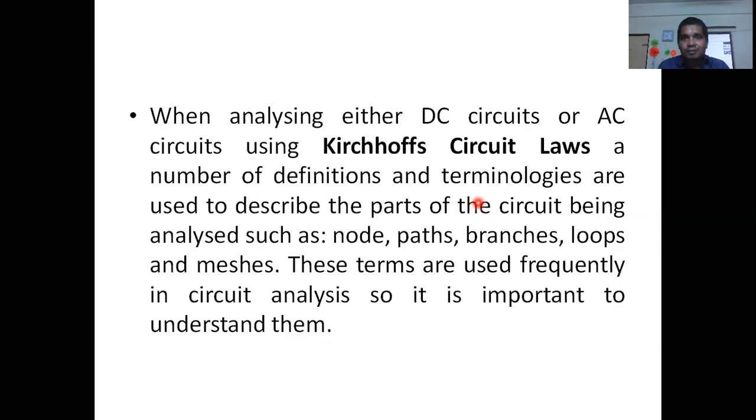So we come to the general things we have seen. Now, when analyzing either DC circuits or AC circuits, we should also know that basically there are two types of supplies. One is DC supply, direct current. Another one is AC supply, alternating current. The sources from where we are getting electricity produce alternating current. Power generating stations, thermal power stations, nuclear power stations, and conventional hydropower plants generate power in the form of AC. They are not DC, right?